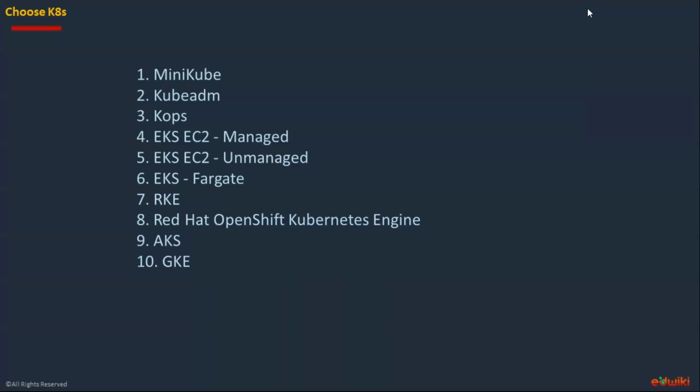right? And kOps is another method. kOps is again one of the popular Kubernetes installation methods, which is more for AWS. Let's say in AWS, I don't want to use the managed service, but I want to create EC2 instances and set up the cluster myself. Then kOps is one of the methods that will give you some flexibility in how you install and set up the Kubernetes cluster. Now, if you go for the managed one, then yes, EKS is the managed Kubernetes cluster